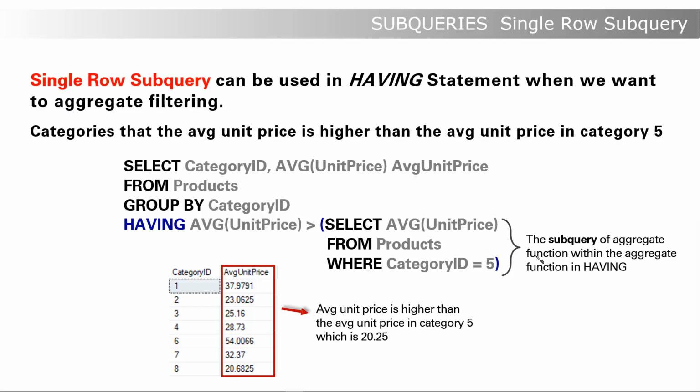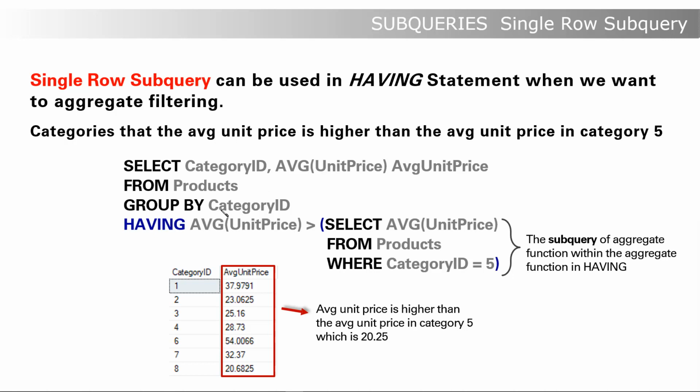In this lesson, we'll do a single row subquery that can be used in a HAVING statement when we want to filter on an aggregate. Let's see an example: find categories where the average unit price is higher than the average unit price in category 5. Now we are talking not about a row, but about an aggregate field, such as average, count, sum, max, and so on. So when we want the category to be such that the average unit price is higher,